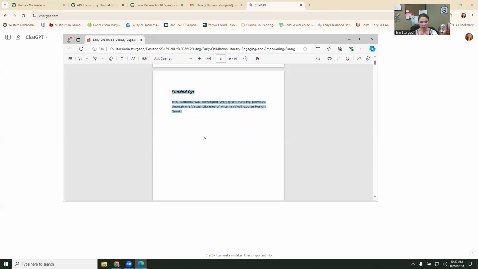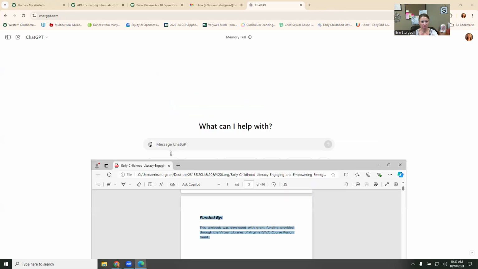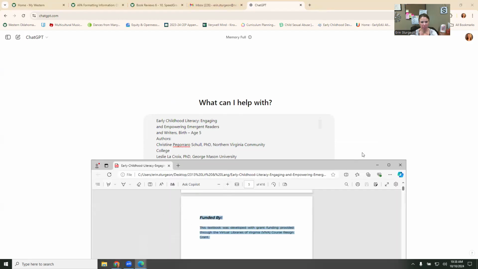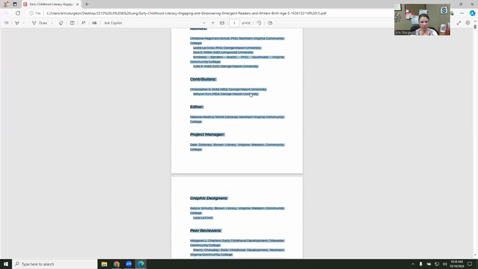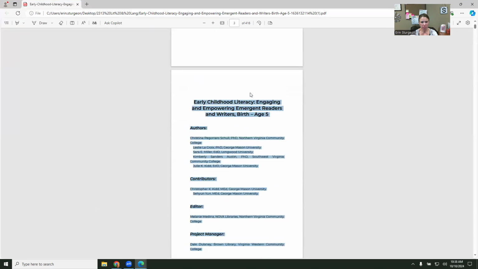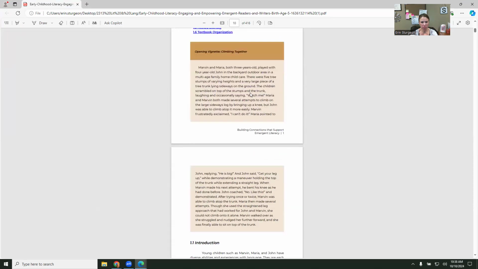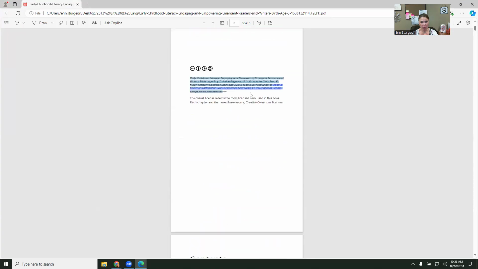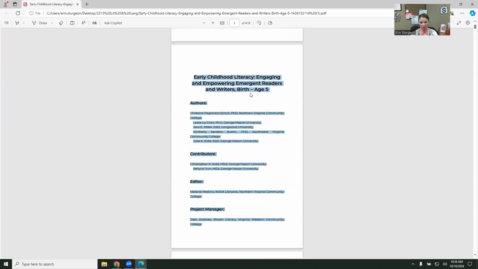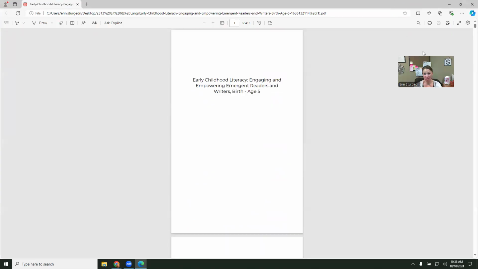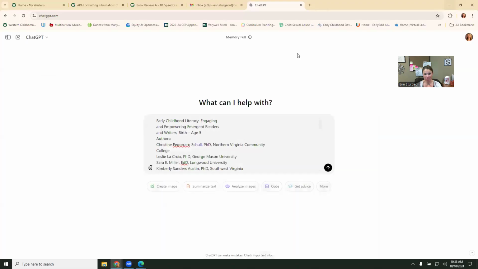I'm going to copy. I'm going to go over here and paste. I'm going to go back to this for a second and see if I can find a date. Hmm. That's interesting. So that's rare, but you're working with the information you have. So I guess it will work. And maybe ChatGPT will have that information. So let's see. I copied and pasted that information, but I'm going to go back to the beginning and say,